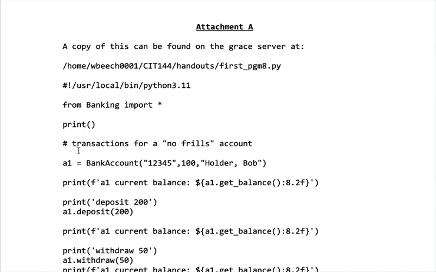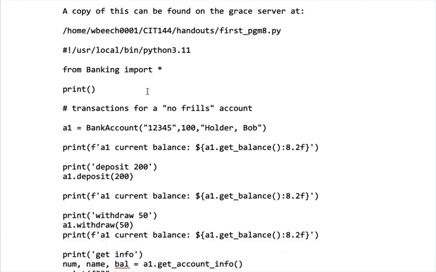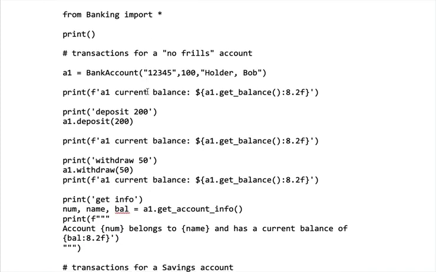So what I have here, a couple things I want to point out. I have the pound bang notation that tells it to be sure to use Python 3. And then from banking import star. So basically what that's saying is from the file named banking.py, import all the classes that are included in that file. So you'll have 3 classes, so instead of having 3 import lines, one for each class,